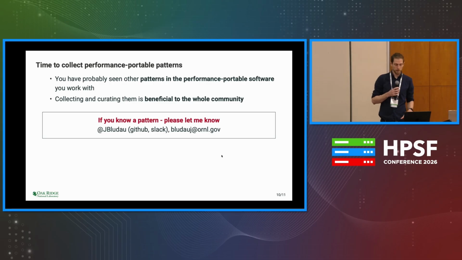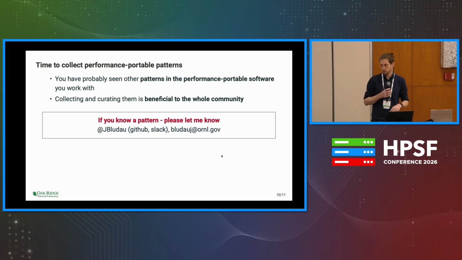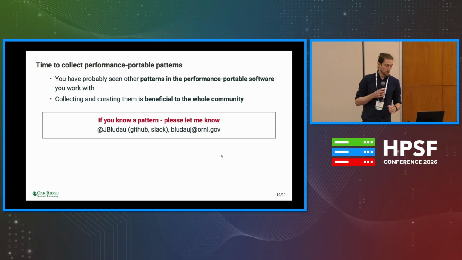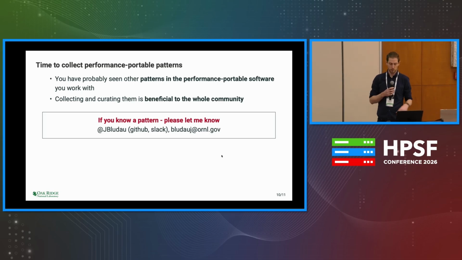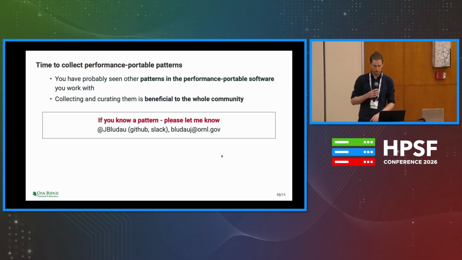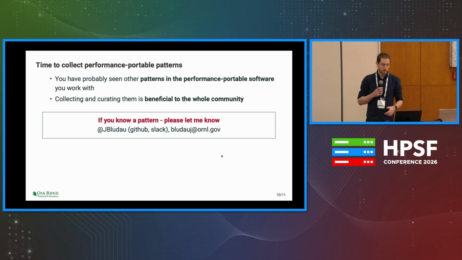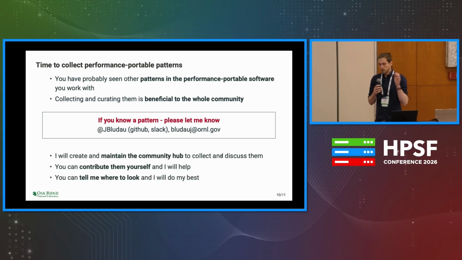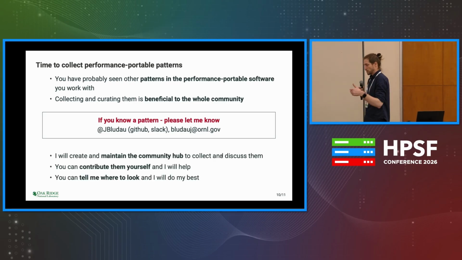You can either tag me and I will get a GitHub notification, or you can talk to me on Slack. I'm on the HPSF Slack. Or you can email me. You can probably even send a letter to ORNL with just my name on it, and it will get to me eventually. Just let me know, and I will do my best to first create a website to even host